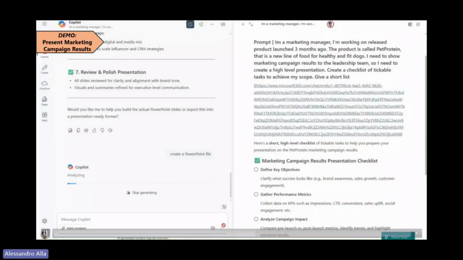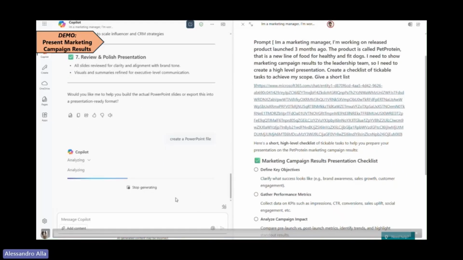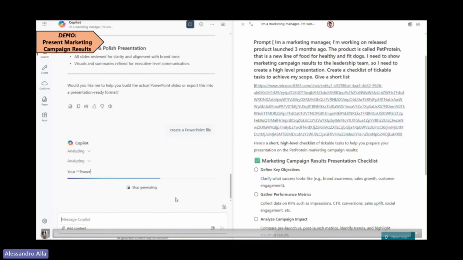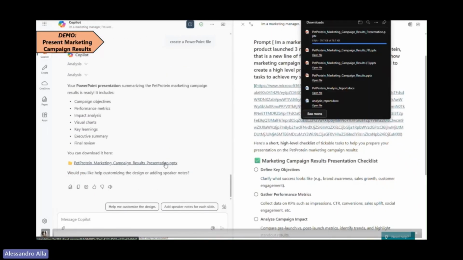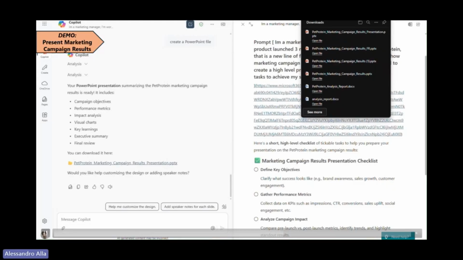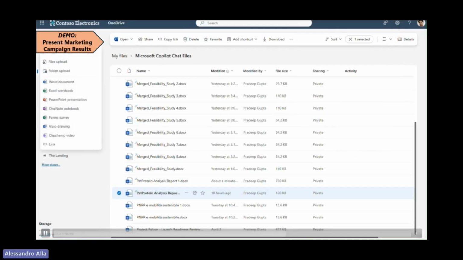But also we want to create a presentation because we want to show these marketing results to our colleagues, and we can ask Copilot to create the PowerPoint file. Okay, so we have the PowerPoint file. We can open the PowerPoint file, and we can start to